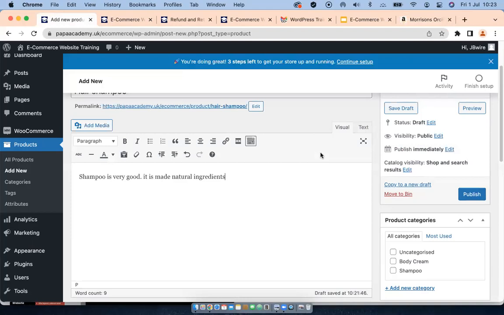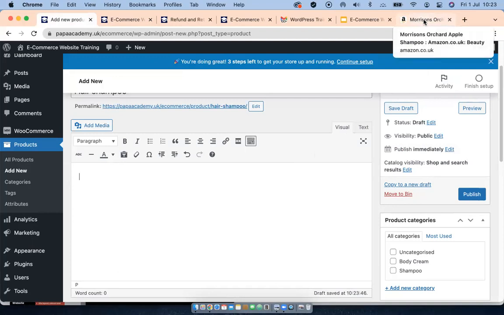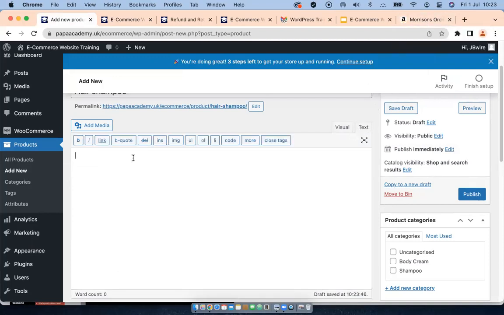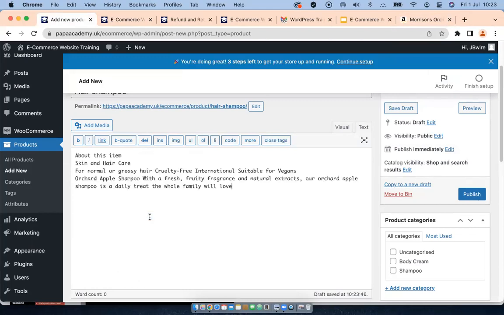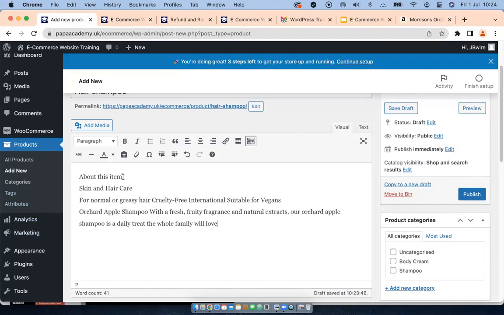So about the products, like I said, when you are copying and pasting, you need to go, let me actually delete this. So you need to go to the text tab because we don't want to inherit all the formatting and coding from Amazon. So we're going to go to text and paste there. Okay, if we go back to visual, then we can, of course,